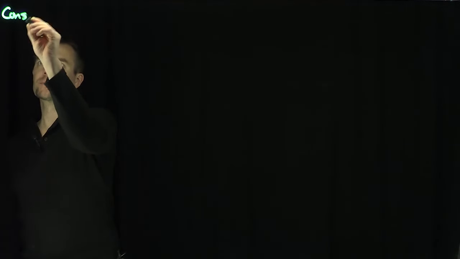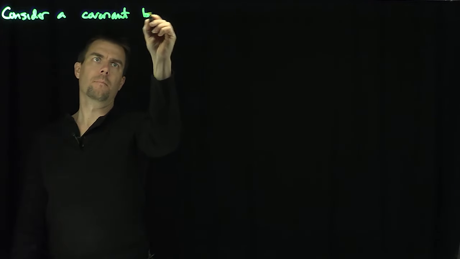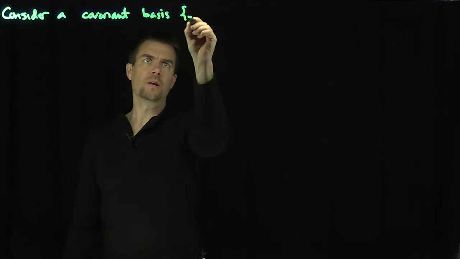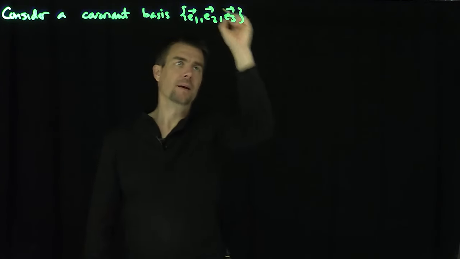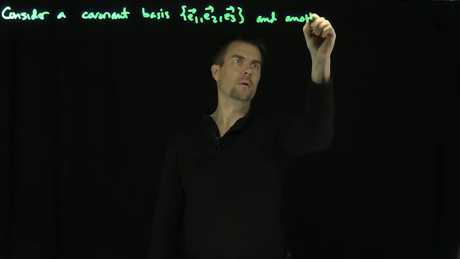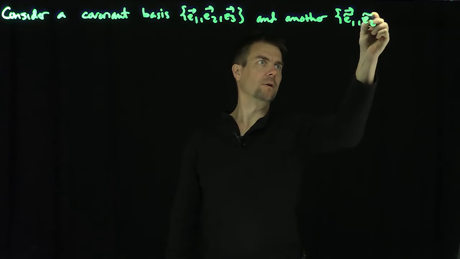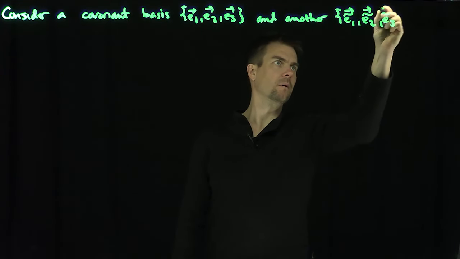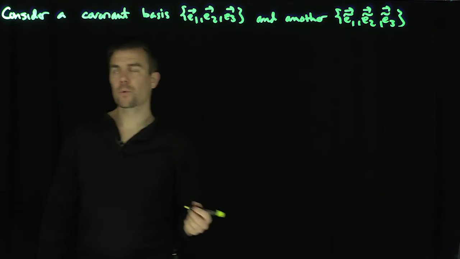Hello students, in this video we'll construct the metric fundamental tensor. Let's consider a covariant basis E1, E2, E3, and another basis E1 tilde, E2 tilde, E3 tilde. Another covariant basis, right? And then what we're going to do is define